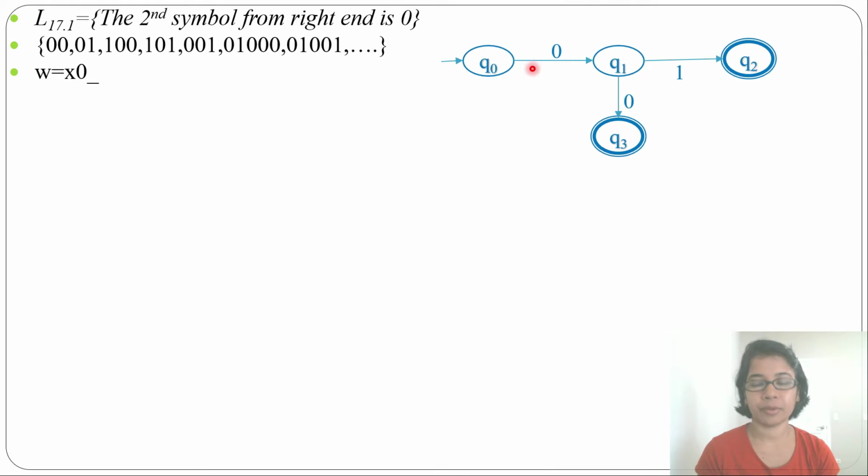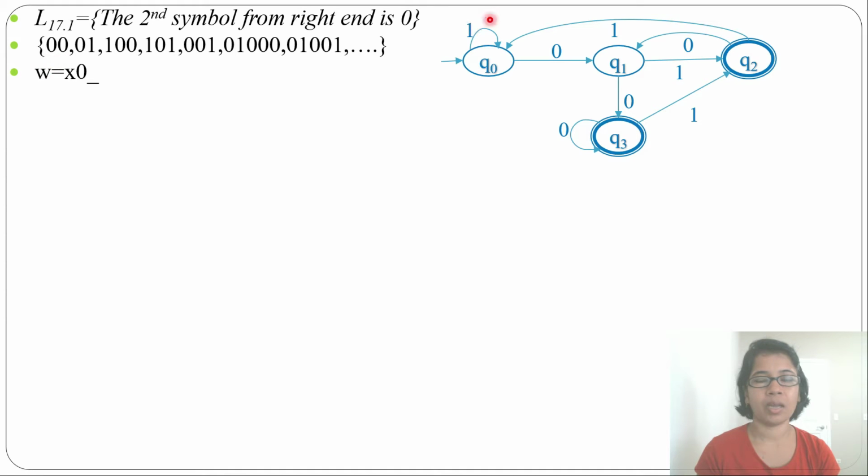Now I'll fill it. From Q0 by 1 it can be a self loop. Then for Q1, 0 and 1 transitions are there. Now for Q2, from Q2 by 0 it will go to state Q1 because it will be 01, then by 1 it will go to state Q0. Then from Q3 by 1 it will go to state Q2. So Q2 will accept strings ending with 1, and Q3 will accept strings ending with 0. And from Q3 by 0 it will be a self loop. Now this is the DFA that will accept all the strings.